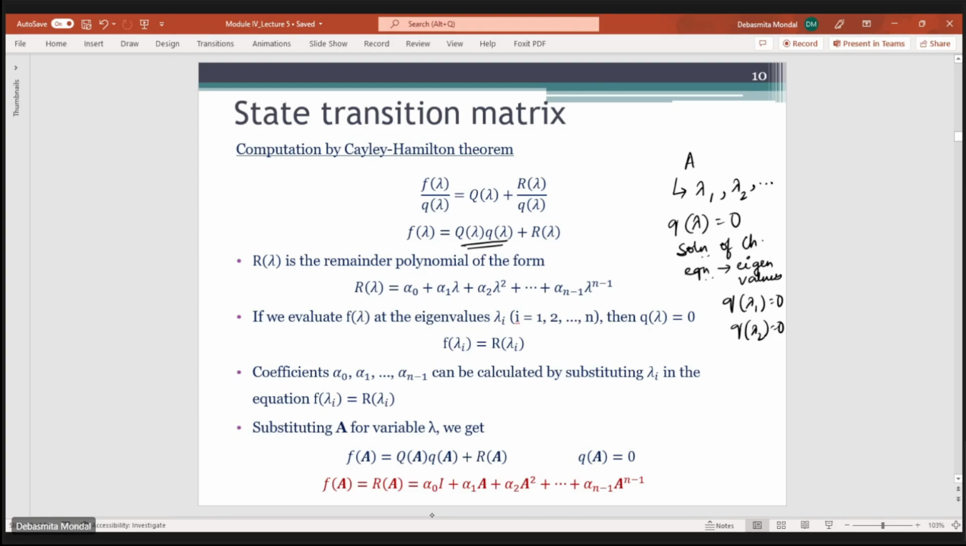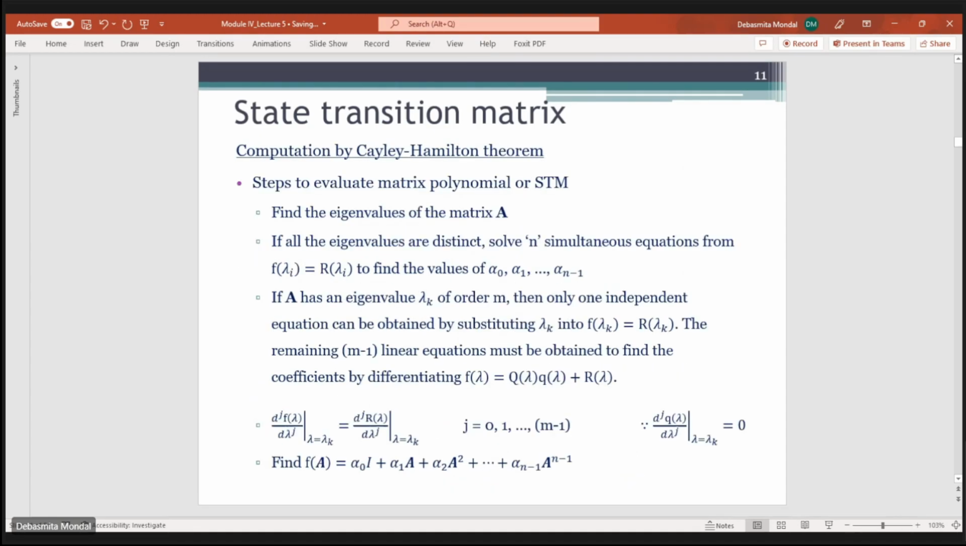And once you have found that, you can simply calculate the value of this f(A), which is nothing but the state transition matrix. Okay. So just to summarize the steps you need to follow to evaluate the matrix polynomial or the state transition matrix using this Cayley-Hamilton theorem: first of all, you have to find the eigenvalues of